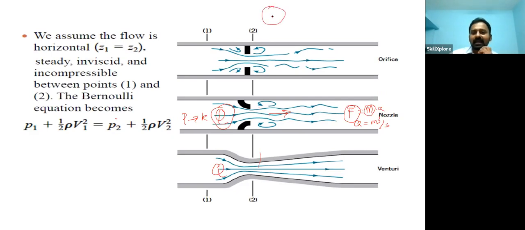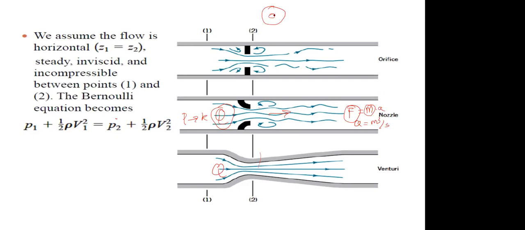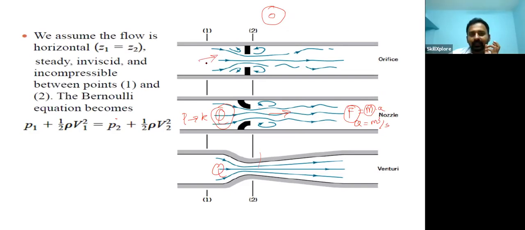Consider this as a tube cross section. So orifice is a small hole. All the fluid in section 1 has to pass through the small cross-sectional area, so that the pressure increases at section 1, and at section 2 the velocity increases. Due to this energy difference, we can calculate the value of Q. So these are the 3 different types of flow measuring devices used to calculate the flow rate by using Bernoulli's equations.